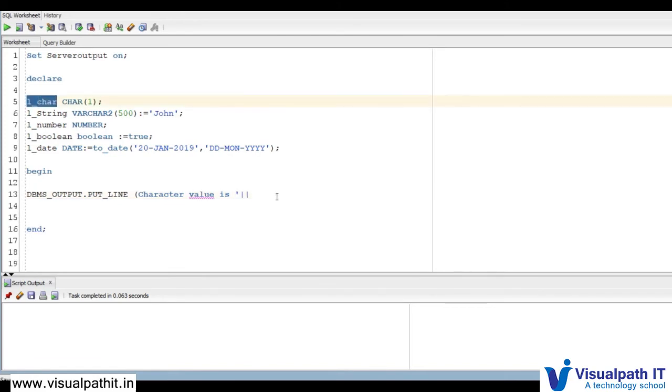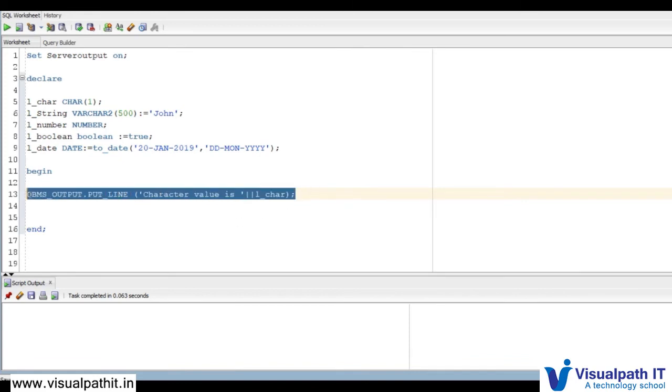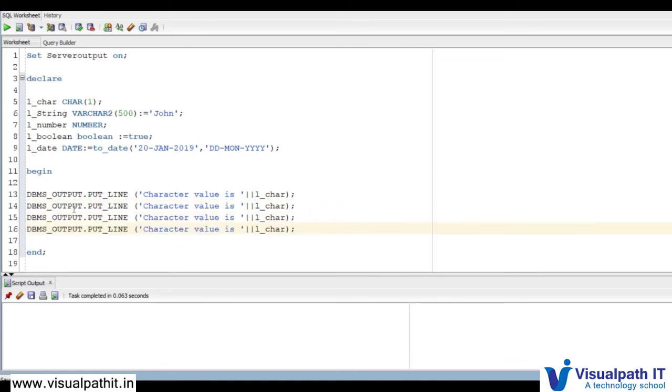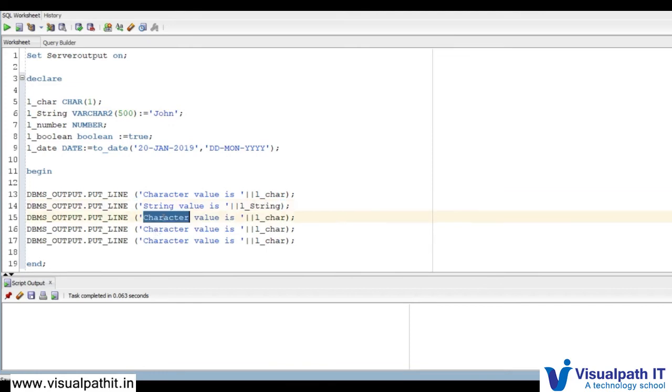Similarly, string value is lstring, number value is lnumber.